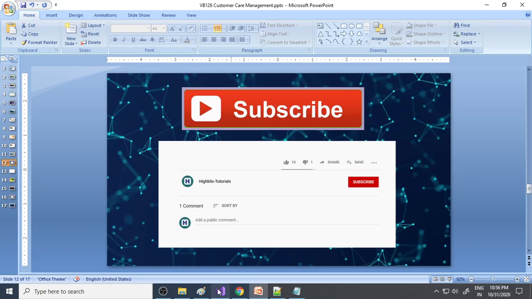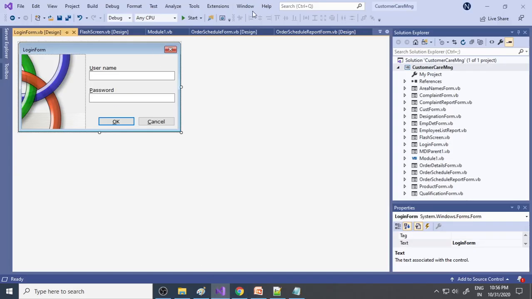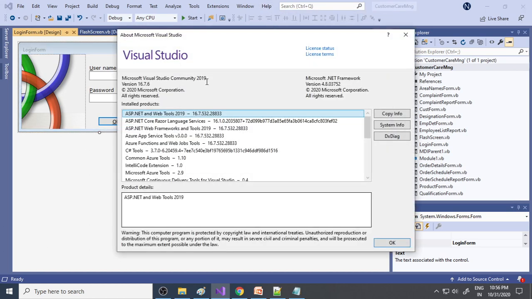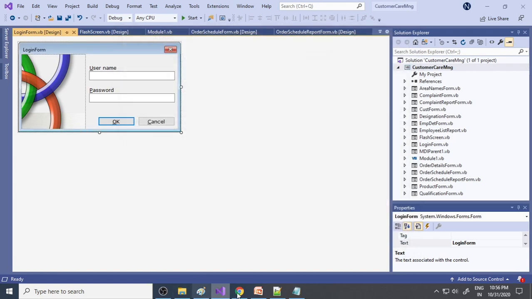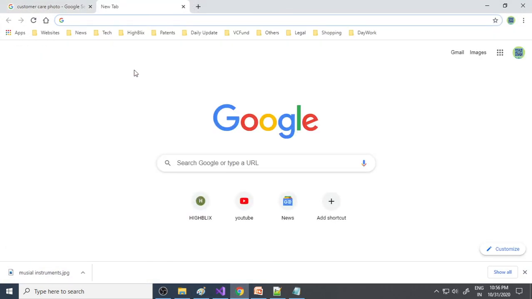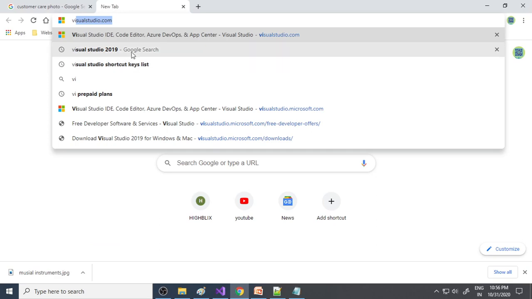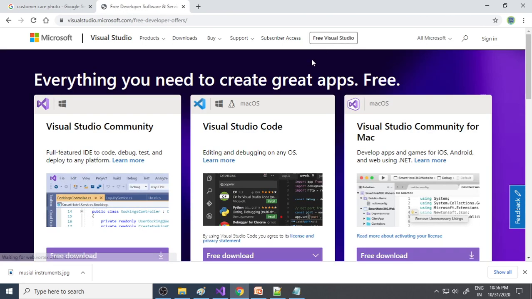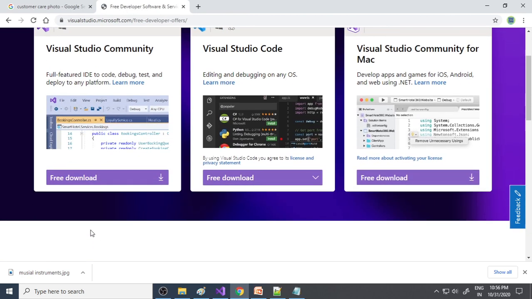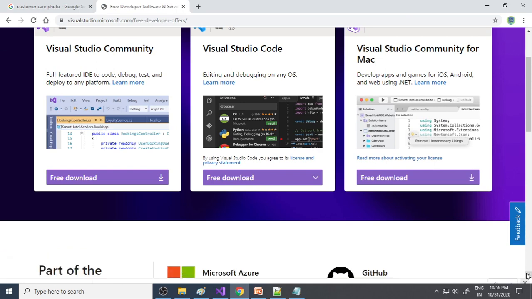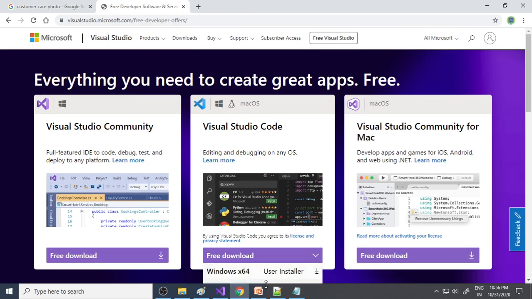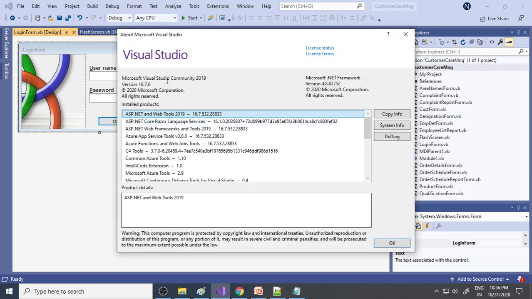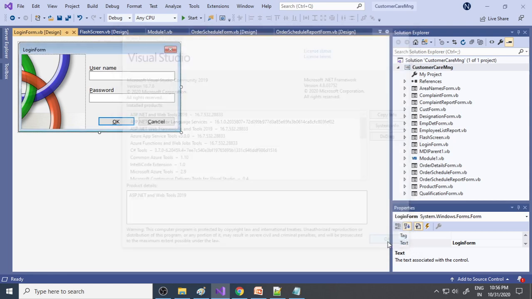Fine, so let us continue with the demonstration. Here I'm using Visual Basic 2019. You can say this is Visual Studio, the Community edition. In case you don't have Visual Studio, you can always download it from the Microsoft website. Just go to Visual Studio 2019. Here you can see there is a free Visual Studio. Click here, and you have Visual Studio Community. You can download it here and then install it on your system. Fine, so let me come back. These are also community editions, the free edition, Visual Studio Community 2019.